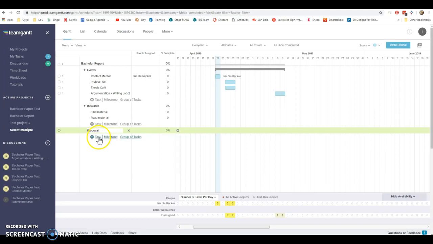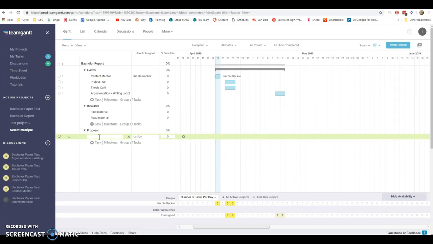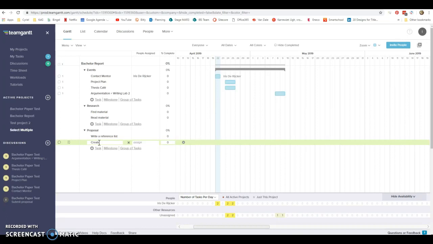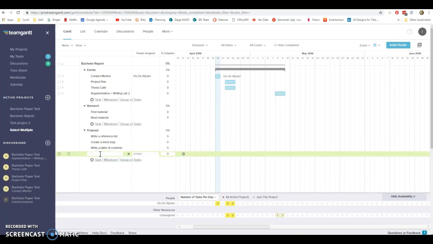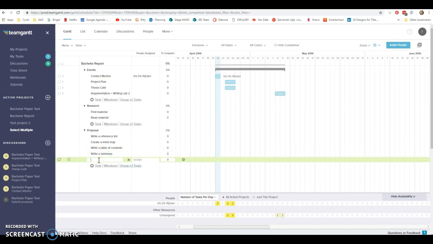So I have the group proposal. I read in your PowerPoint that you have to write a reference list. You have to create a mind map. You have to write a table of contents, write a summary, and obviously you have to submit your proposal